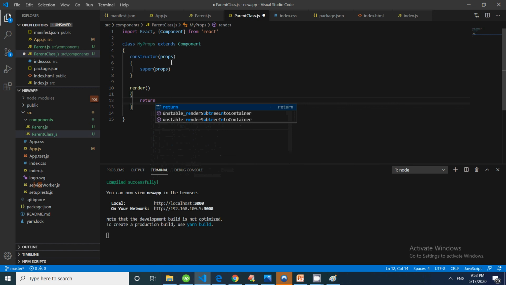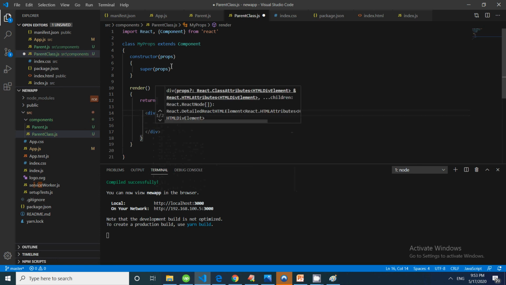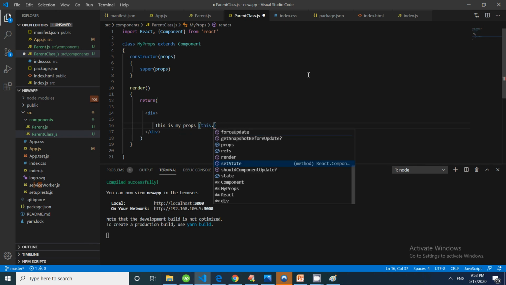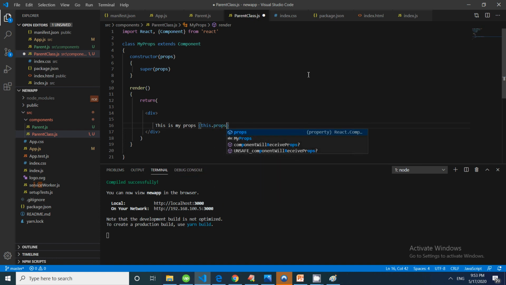So since we have props, I'll be using this return, and here I will be putting any JSX code. So this is my props, and then here we will write. So since it is a class, we have to always prefix using this dot props dot name.